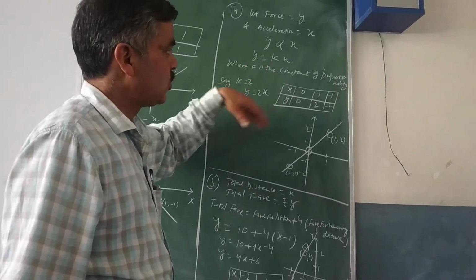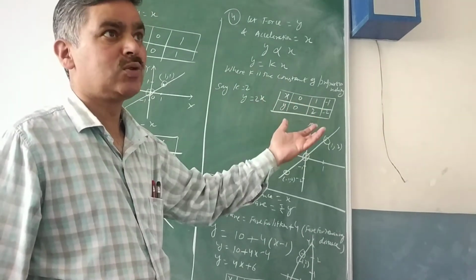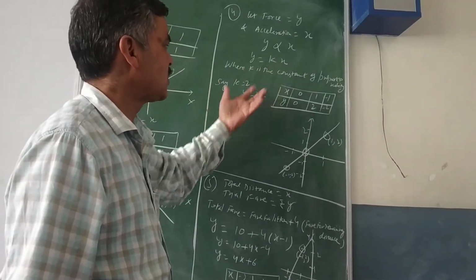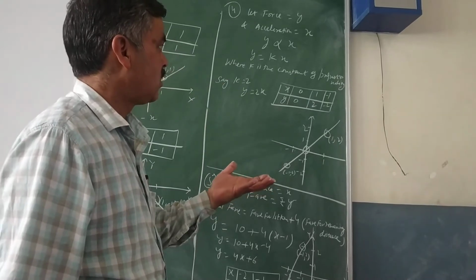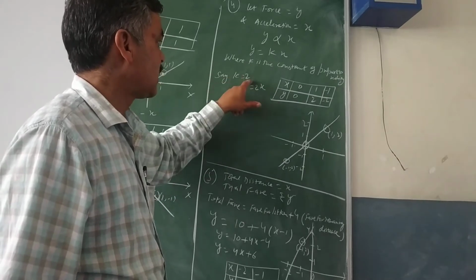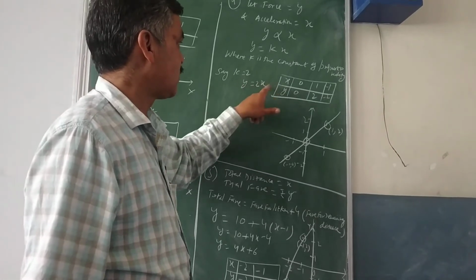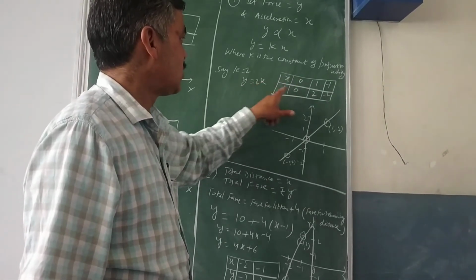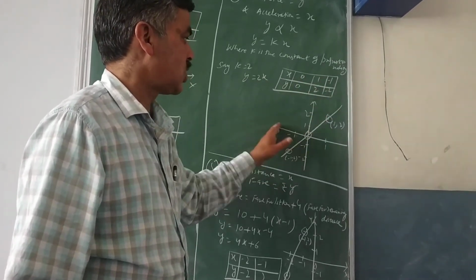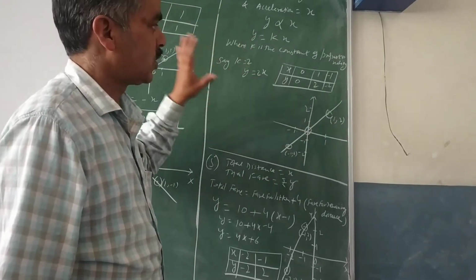So for k you can vary the value. You can take k is 1, 2, 1 Newton force, 2 Newton force, 3 Newton force, whatever you want to take. Say I have taken k is equal to 2, I have written the equation because no force is given, so I have to assume from my own side 1, 2, 3, 4, 5, whatever you want the value of k you can put there. So I have taken 2, so y is equal to 2x it will be, then equation will be this. Then write the points, if x is 0, y is again 0. If x is 1, so y will be 2. If x is minus 1, so y will be minus 2. And plot those points and check your equation will always be a straight line. So that's all about your question number 4.